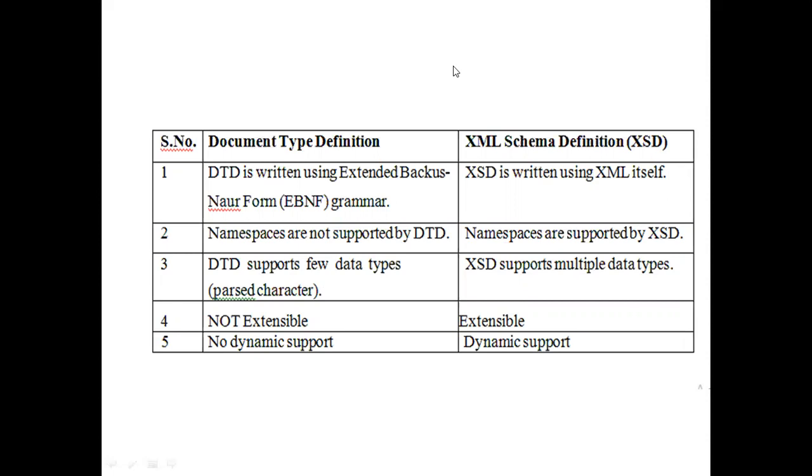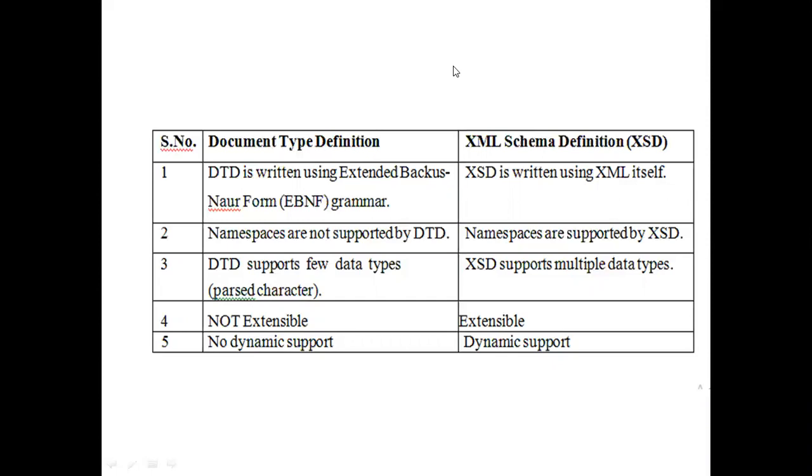Then, why do we go for XML schema definition? Let us see in detail. We know very well, document type definition is written using extended Backus Naur form. That is, we have to learn and use the extended Backus Naur form for this. And also, it does not support namespaces.